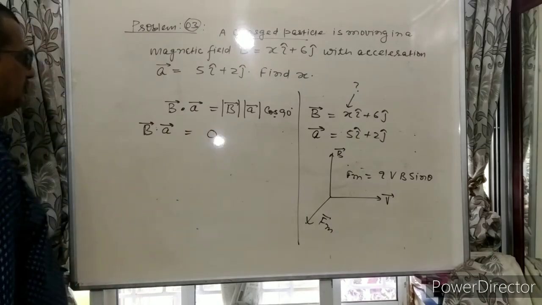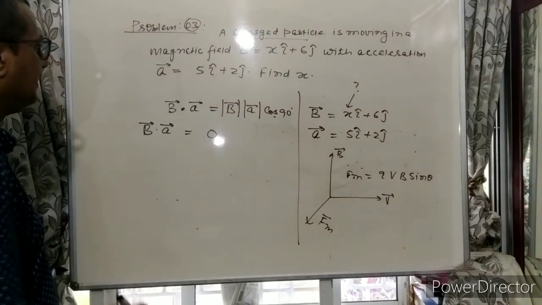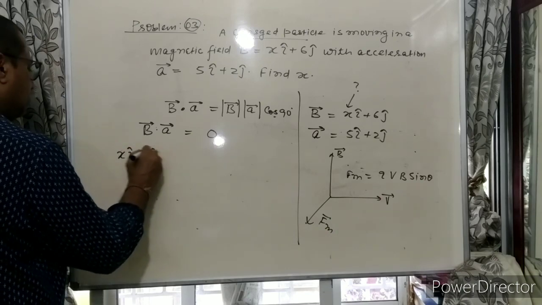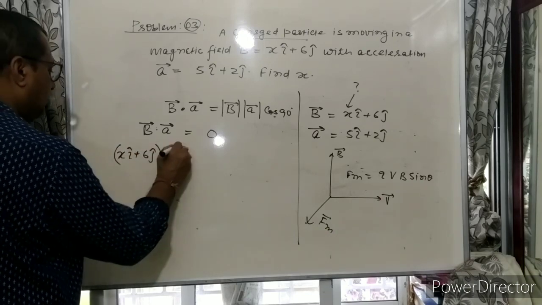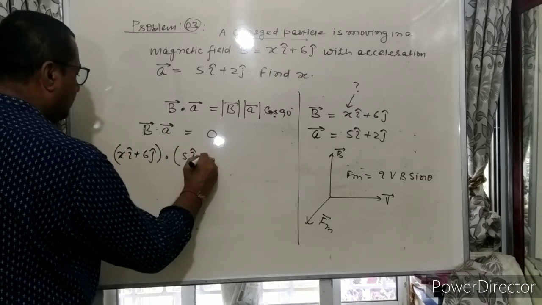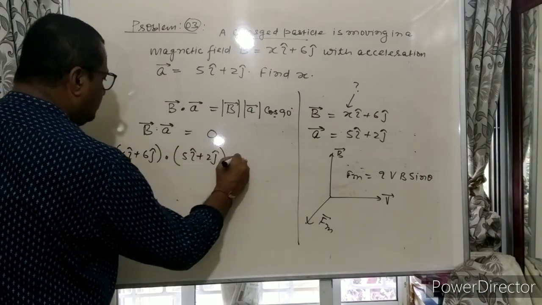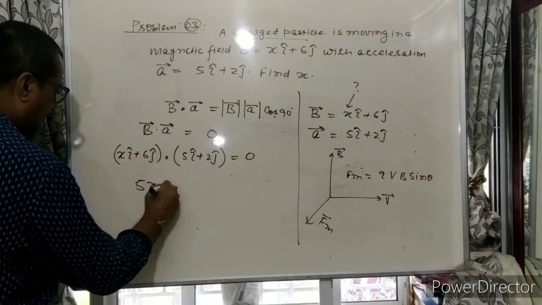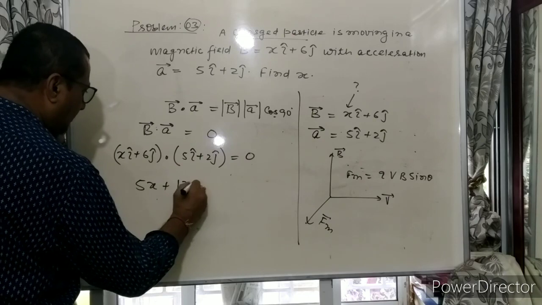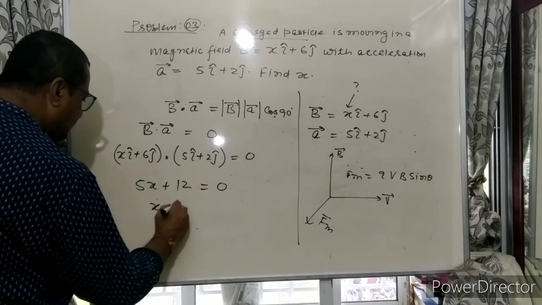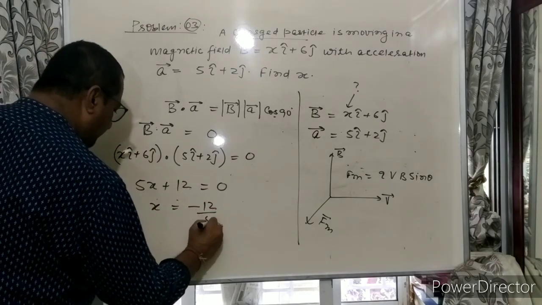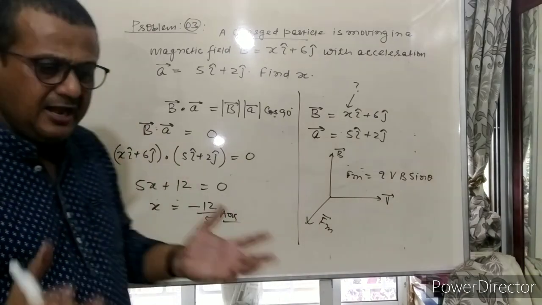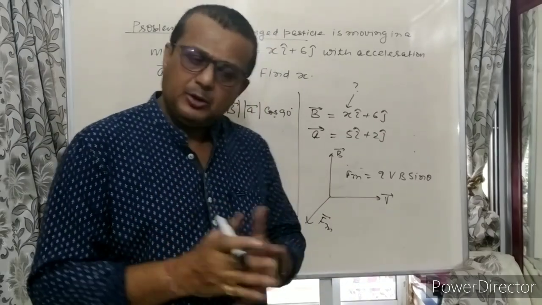So we'll take the dot product here, xi plus 6j dot 5i plus 2j is equal to 0. We are taking the dot product, x into 5 plus 6 into 2 is equal to 0. Then x is equal to minus 12 by 5. This is the answer. So we have to find out the relation between B, A, because all the three are